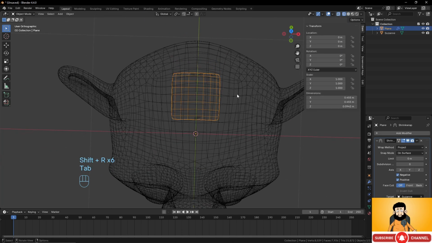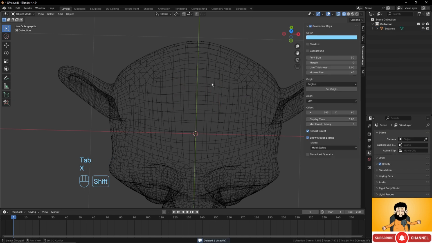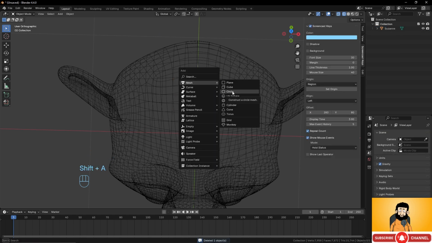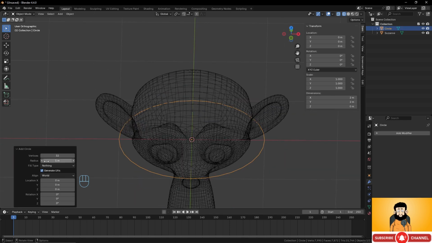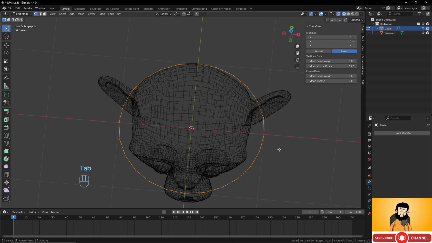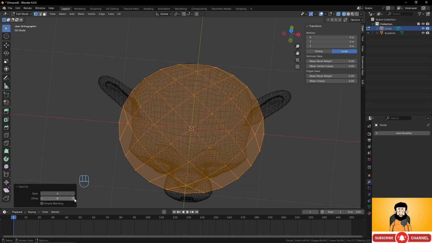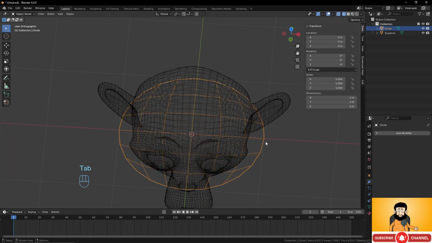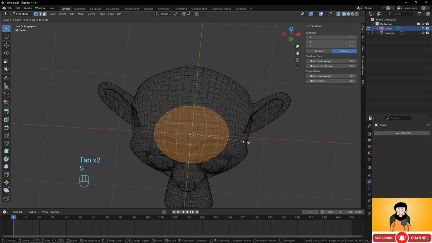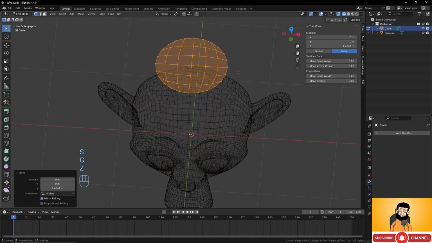Okay, no, it's not really the good option, so I will add a circle to show you that. So let's say you have a circle with 24 vertices here, and you want to close everything with Ctrl F, grid fill, and it will create this kind of nice surface with squares only. Increase the offset to have something good here. Okay, good. So now you have this surface, and again I would like to project it onto the head of